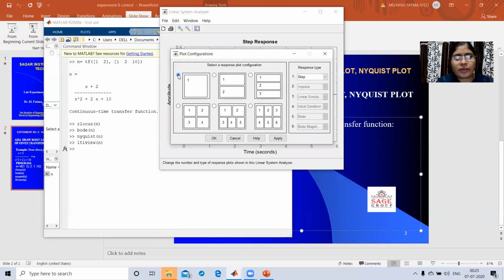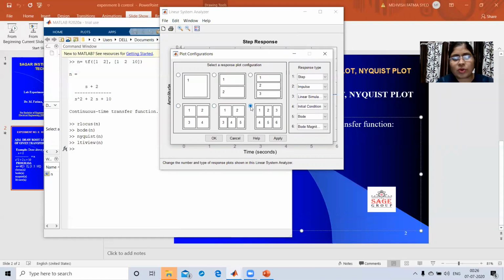Like here, within one figure, only one plot will be drawn. With this option, within one figure, two plots can be drawn. For this option, three plots can be drawn in a figure. For this option, four plots can be drawn in a single figure. Similarly, five plots can be drawn, and similarly, six plots can be drawn at a time for a given transfer function.